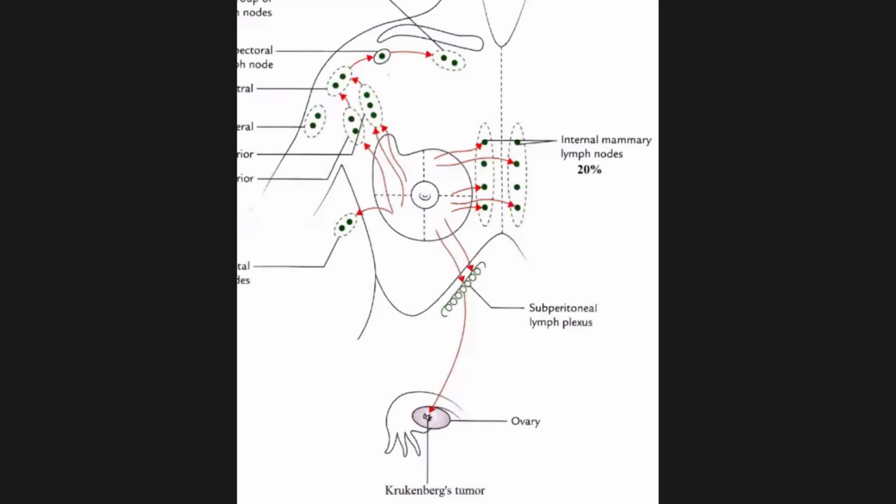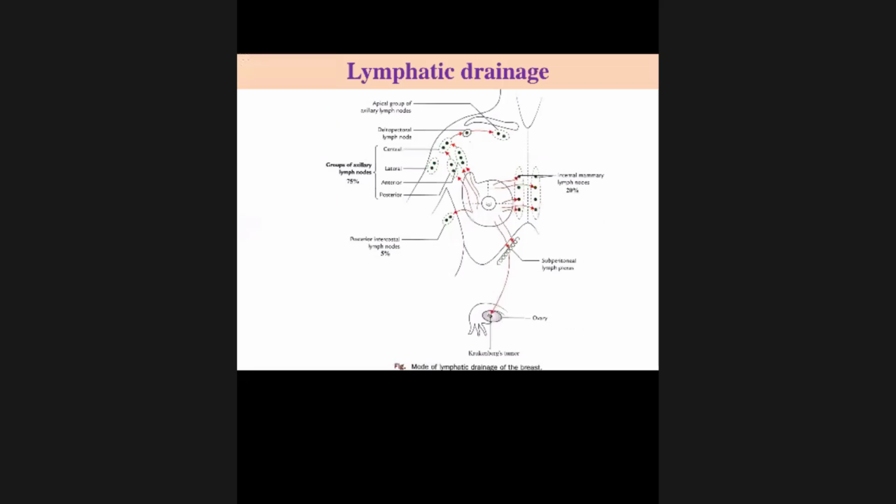यो subperitoneal lymph nodes ले ultimately कहाँ होता? Ovary में. So if there is a tumor in case of mammary gland, so there is tumor also in case of ovary also, and this is because of the CA of the breast. There is a CA of ovary also, and that CA is called as the Krukenberg tumor, and Krukenberg tumor is because of the lymphatic drainage.